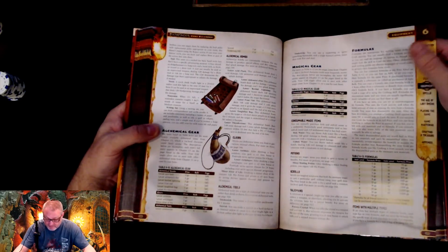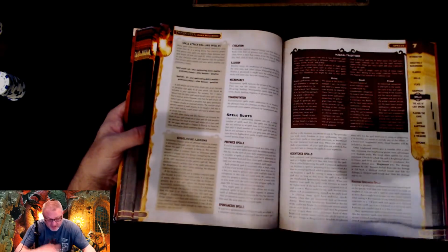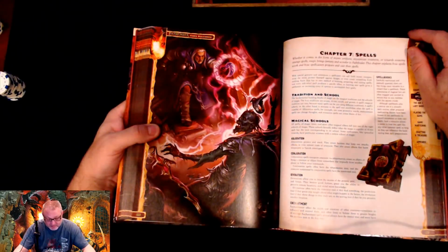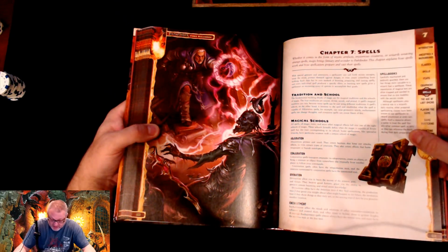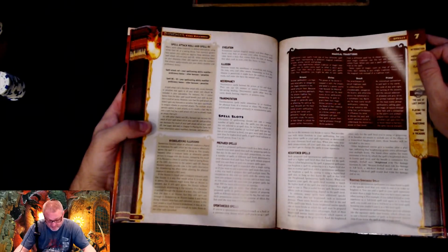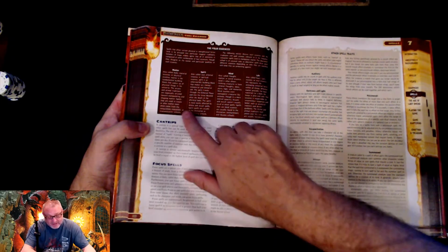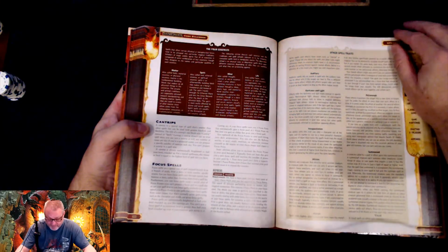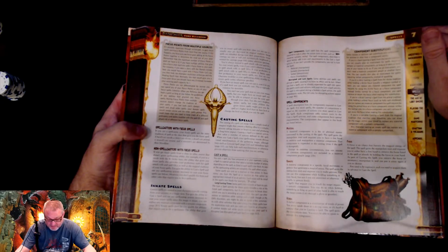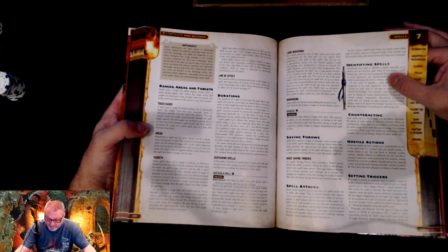and then formulas, animals, spells. All kinds of information about the spells, the different schools, the 4 essences: matter, spirit, mind, and life. Casting spells, components, duration, ranges, identifying spells,